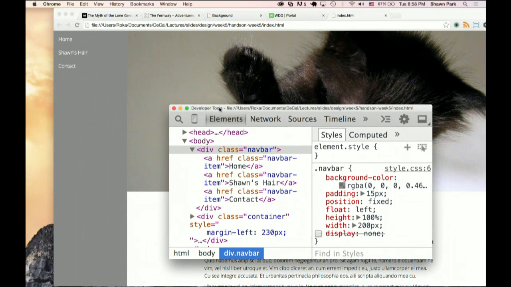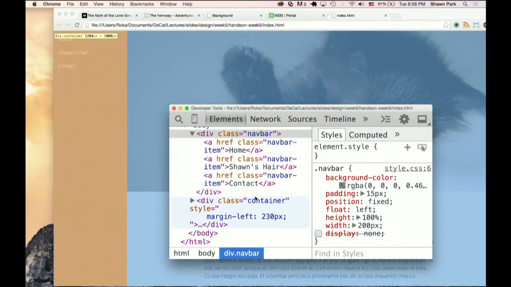You want to float the container div, and if you do position none for the navigation, then everything would shift, right? So you're saying if I were to apply float left to the container? Yeah. Let's try.